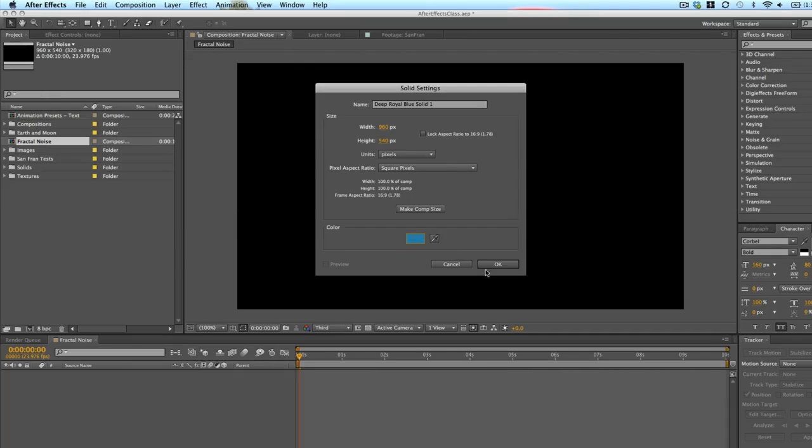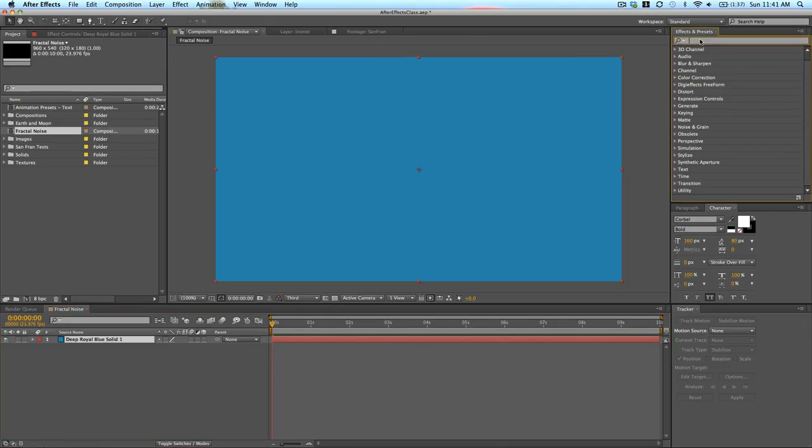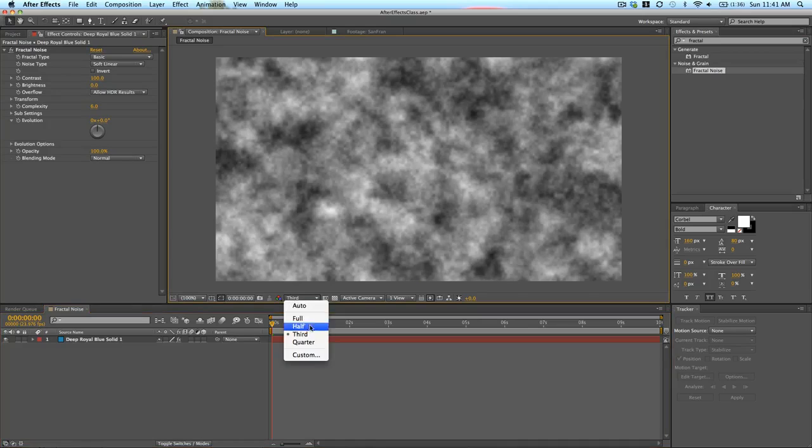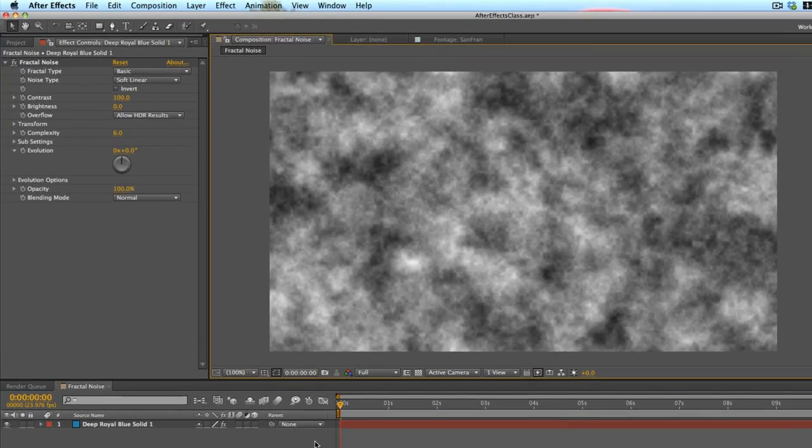green or blue. I don't think it really matters because once we add our fractal noise effect, which we get by typing in fractal noise or just fractal, clicking and dragging it over, it gets rid of the blue. Now it's just this billowy cloud. I'll put this on full quality so you can see. So this creates kind of like this smokiness,